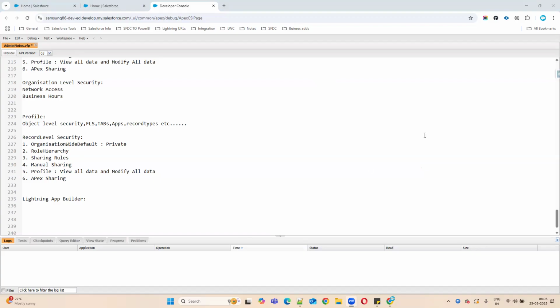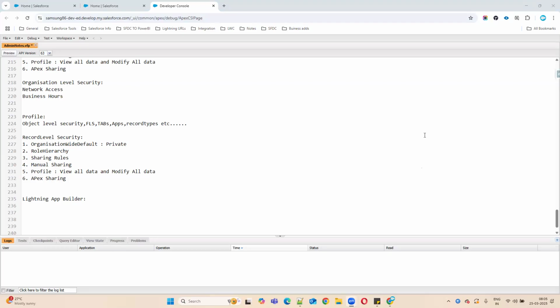What is page layout? We can organize the fields and related links in a record page. Page layouts determine what information we display and how it's organized. Correct. Yeah. And there are three types of page layouts: standard page layout, custom page layout, and compact page layout.